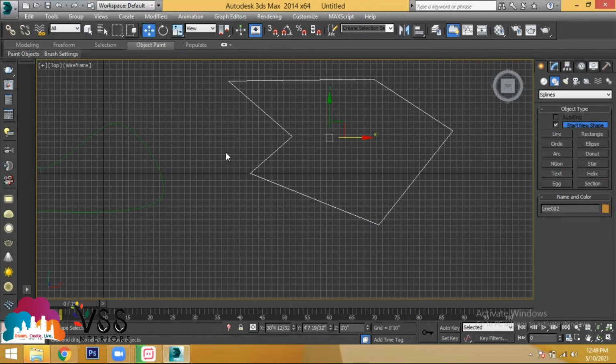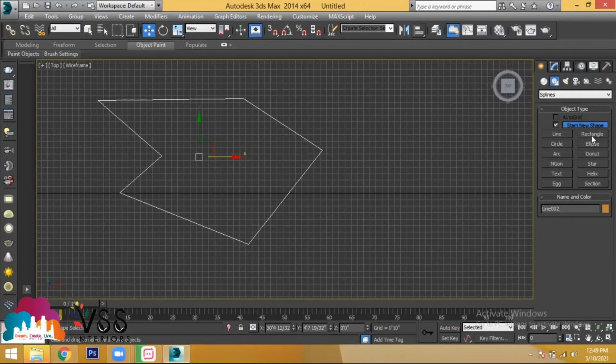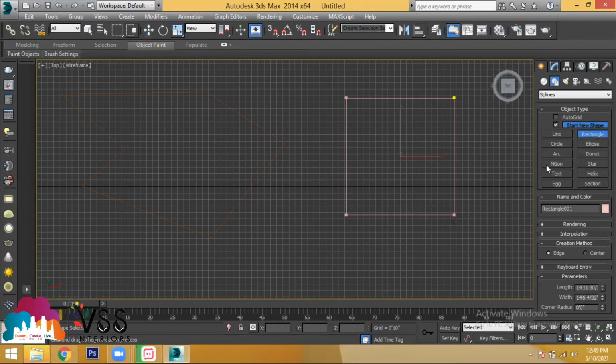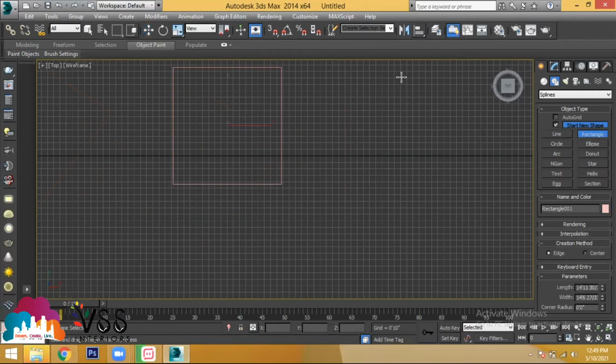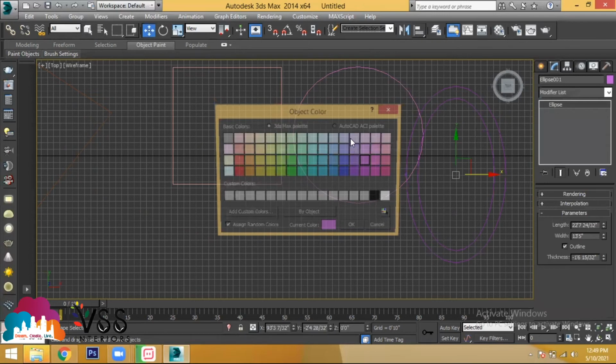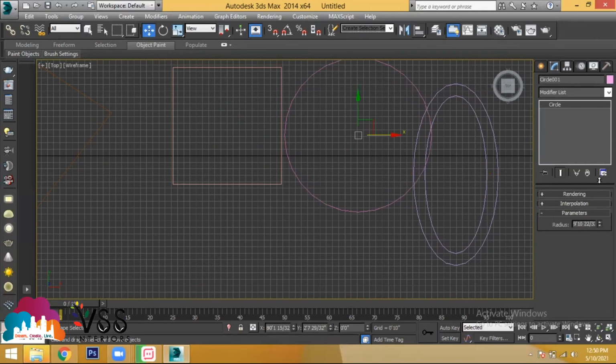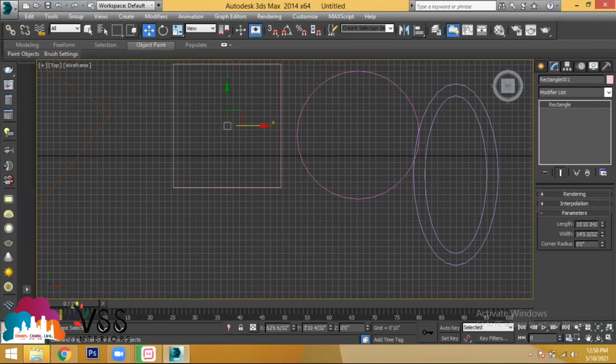Now, if you go to modify of this object, if you want to modify, what are the things? Basically, if you create a rectangle, a circle, an ellipse, an arc, do whatever you want. Please select it. If you go to modify, you will find how much length and how much width you need. Let's say I'm changing the color to some light shade. If you select a circle, you have the radius option to provide, or else you can also provide manually what should be the length and what should be the width.